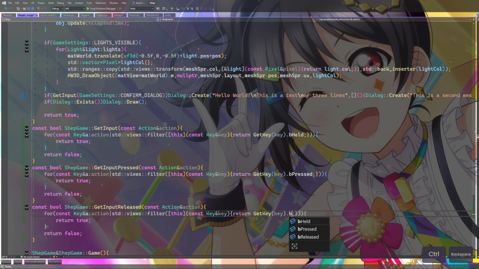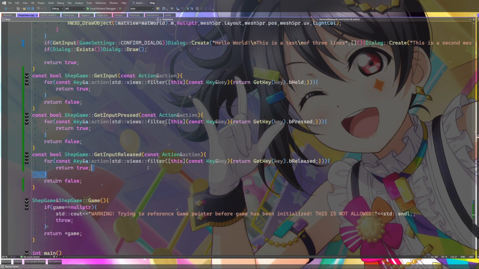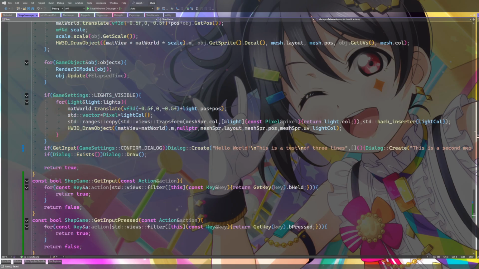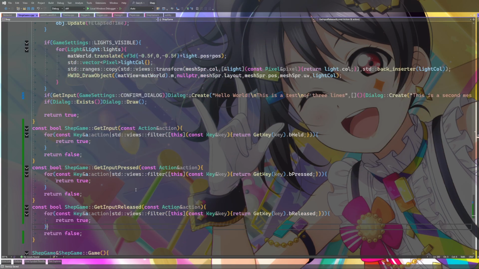That's why I really want to learn to use these ranges, because the ranges library has a lot of interesting stuff behind it. It's just a matter of getting used to the syntax and its quirks and how it works and what you can and cannot do with it. Yes. So I guess this is fine for what I'm going for.